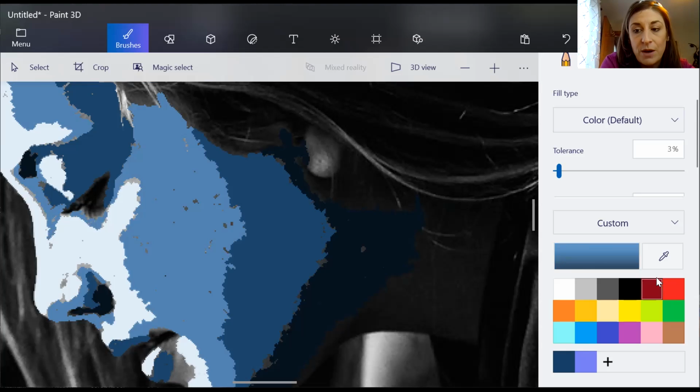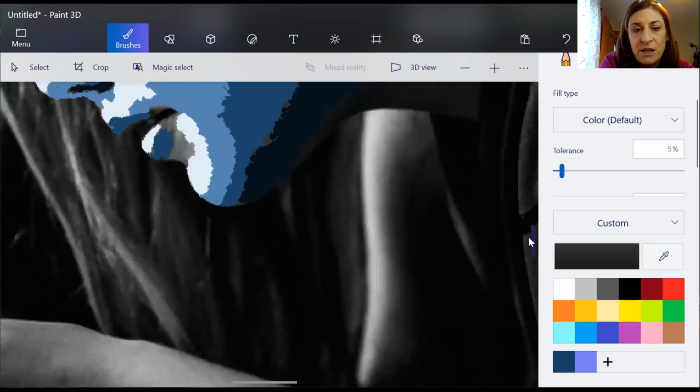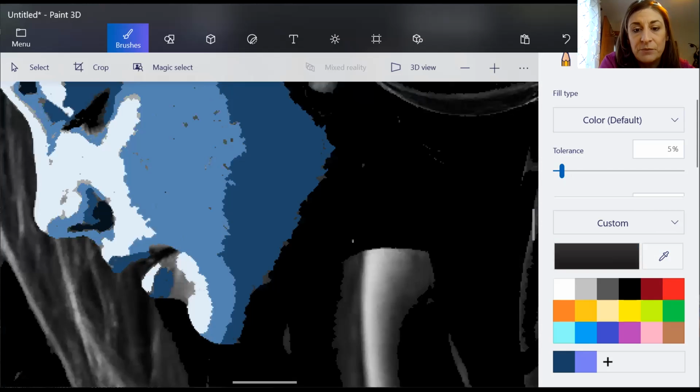And then what I'll probably do, you could even go straight black for some of these. So maybe I want to use complete straight black. I can maybe up this a little bit more. And then I can make her eyelid a little bit darker. Okay. And then I can go into the much darker areas and start filling that in. So